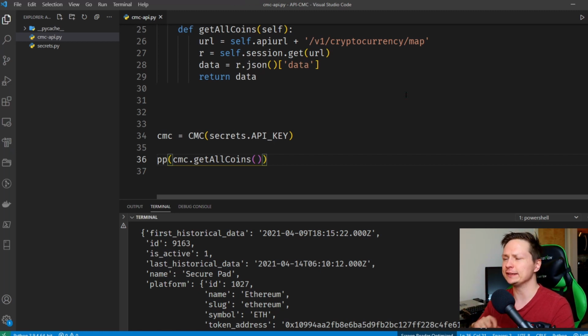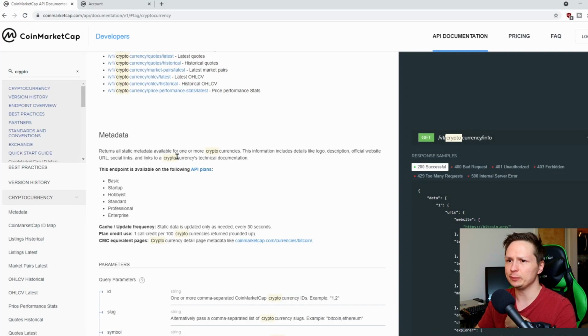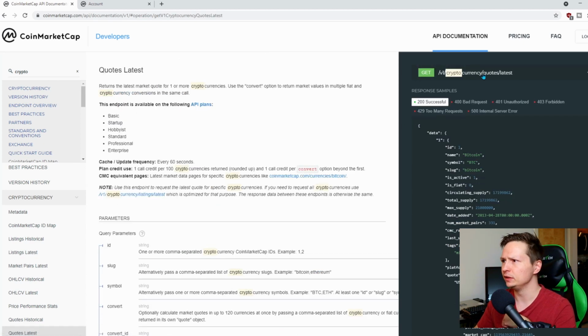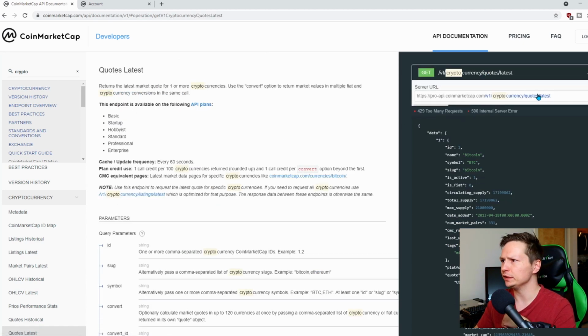So for the next one, let's make it a little more interesting. Let's get the actual price, and let's go ahead and set it so we can send a parameter to the API, so it returns us information based on that parameter. So heading back here, let's scroll up, and I think quotes latest is the endpoint we want. So let's go ahead and grab this